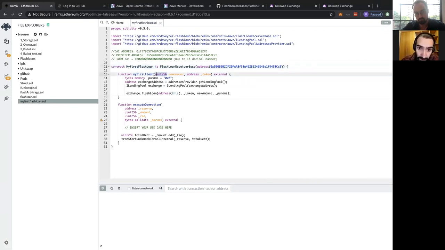In this function here, we are going to have two input parameters. The first one is the amount that I want to get borrowed, and the second one is the reserve address of the token that we want to get the loan. So if I want to get a loan with DAI, I should have the DAI address here. If I want to get a loan from the BAT reserve, I need to have the BAT address. Okay,